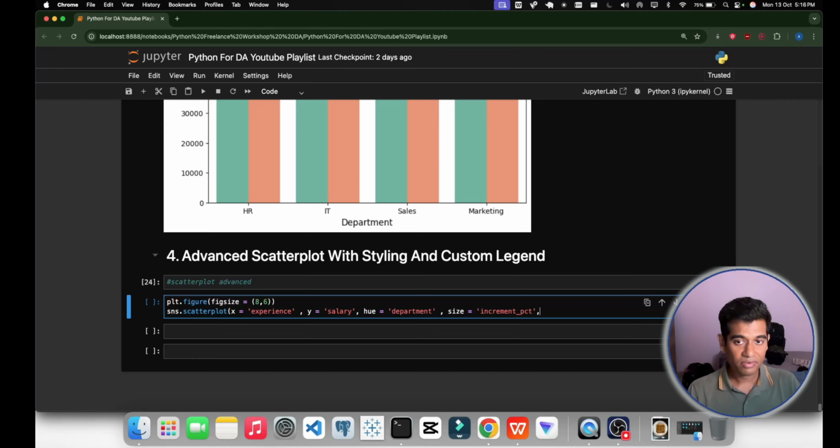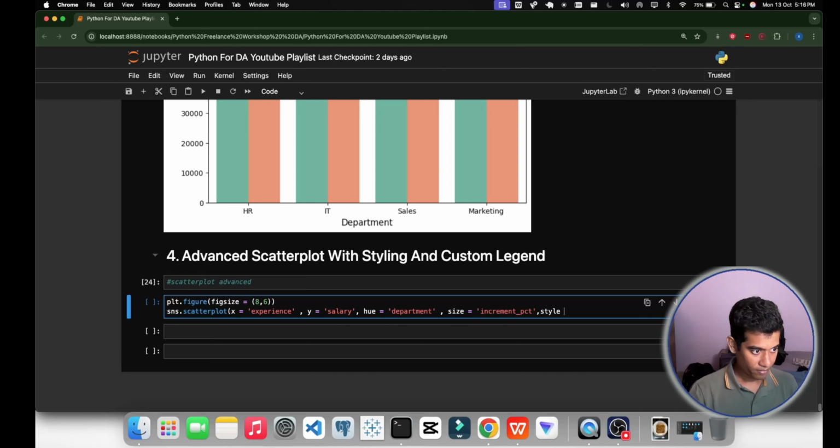In our data set, we will use the increment percentage as I have shown you, right? Means a bigger point will be there, and bigger point means bigger raises, which makes it super easy to spot who's getting those best increments.